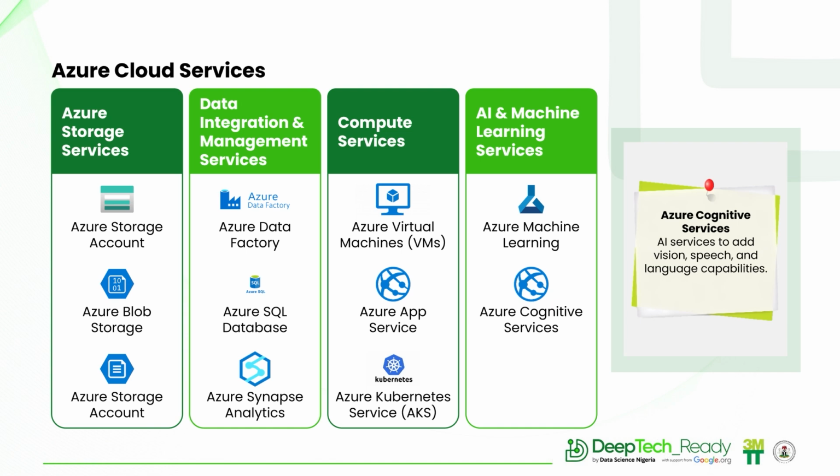Number one service we have on this list is the Azure Data Factory. What's the Azure Data Factory? Azure Data Factory is designed for moving and transforming data. It's really helpful when your data is scattered across different locations, just like I mentioned. Data Factory can bring all that data together into one place, ensuring that the data is ready for analysis or for machine learning. It also allows you to create different pipelines.